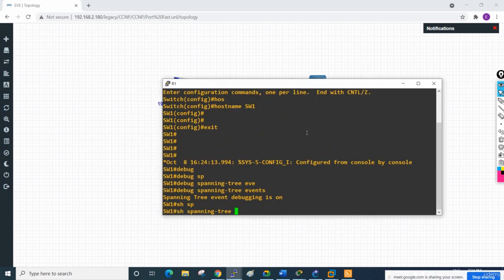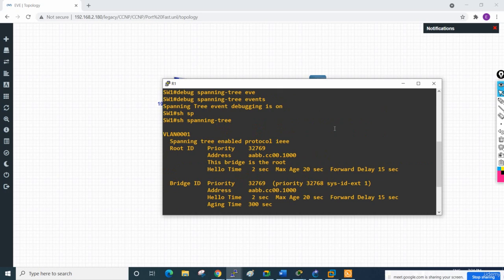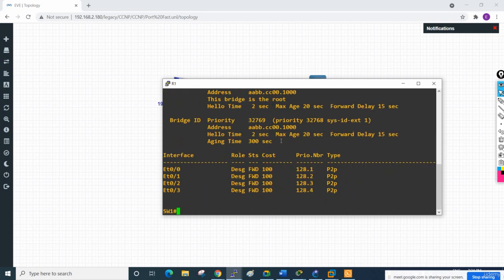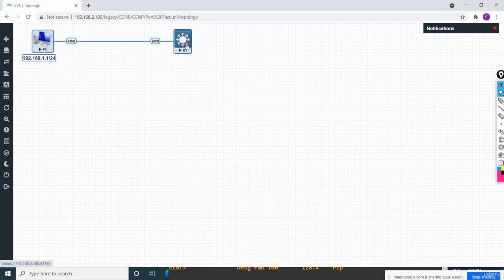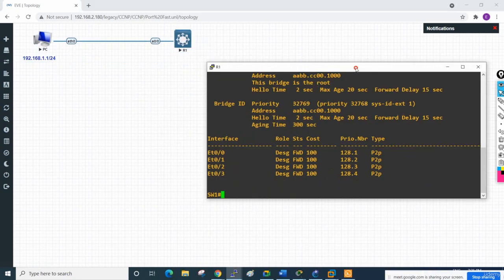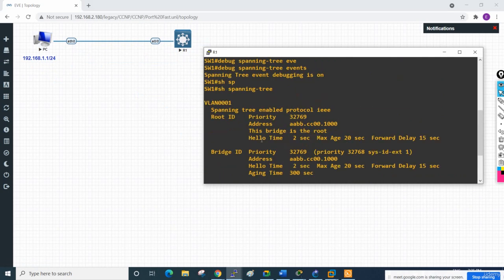But before that, I will check what is enabled here. If you see, I wrote show spanning-tree. So we have IEEE, that is the standard spanning tree, working here as STP, and these are the ports. Let me move this up. This way we can move up, and let me take this here. And if you see, with this command we enable the debug messages,